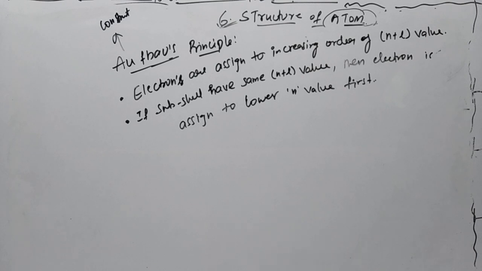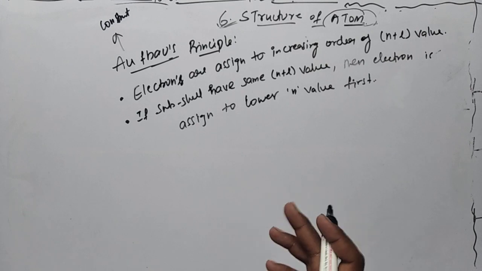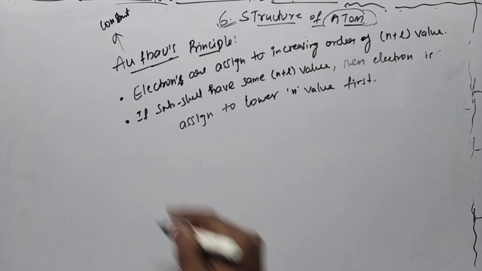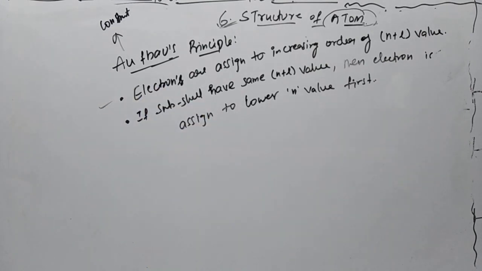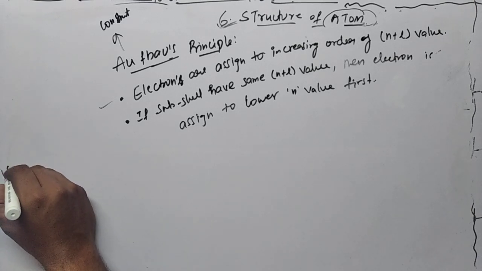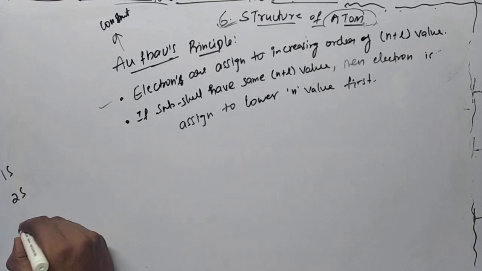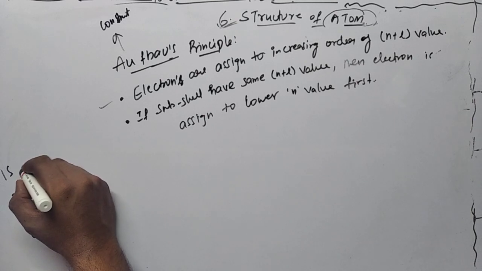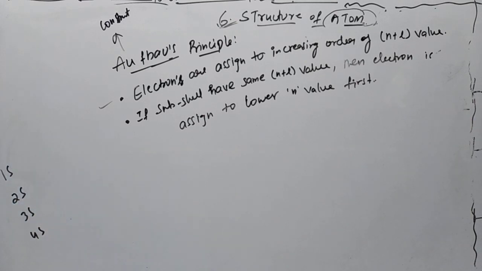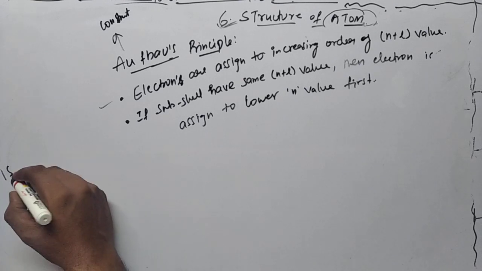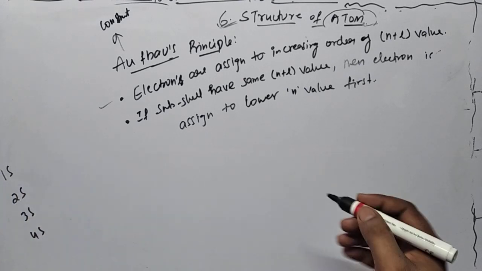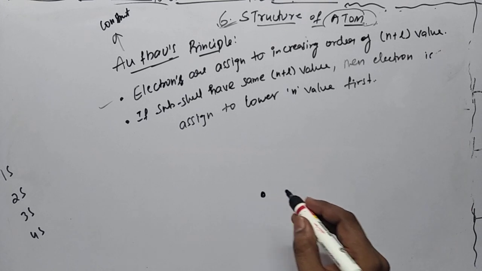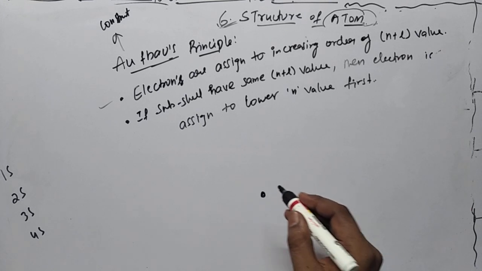అంటే అన్ని increasing order of n plus l values ఉండాలి in the ground state of an atom. Okay, so first, if you take some orbitals like 1s, 2s, 3s, 4s, you have to find the n plus l values. Next, you don't have 1p, because this is a nucleus, so I'm just writing a Moeller diagram.